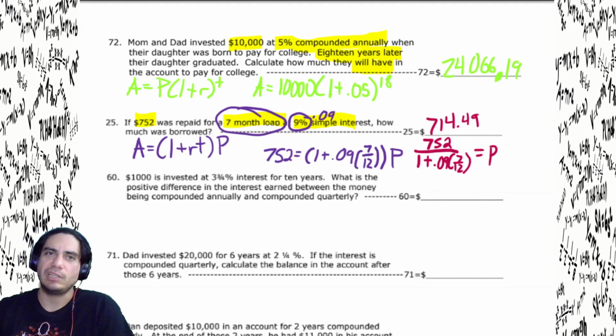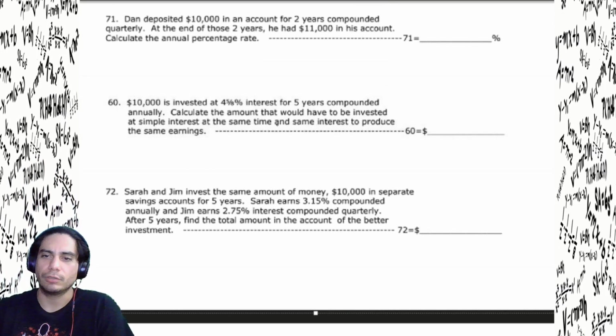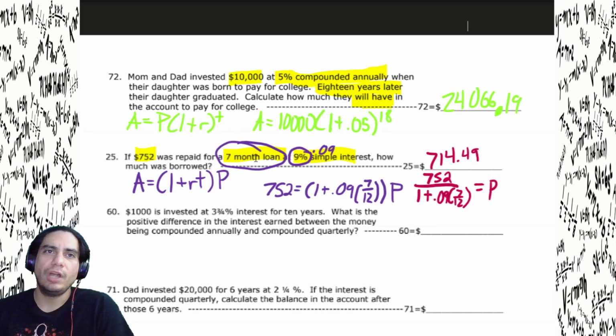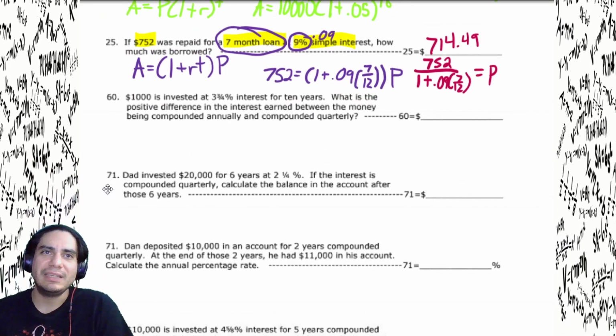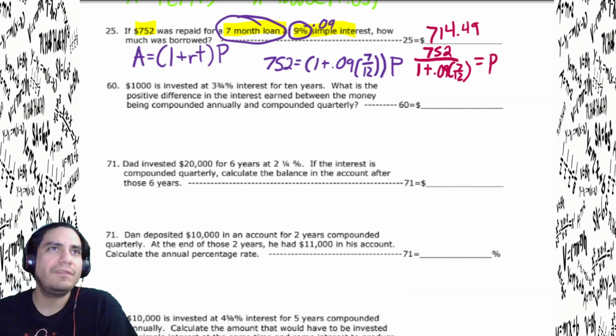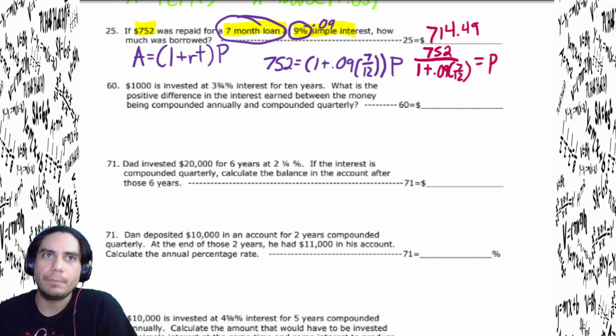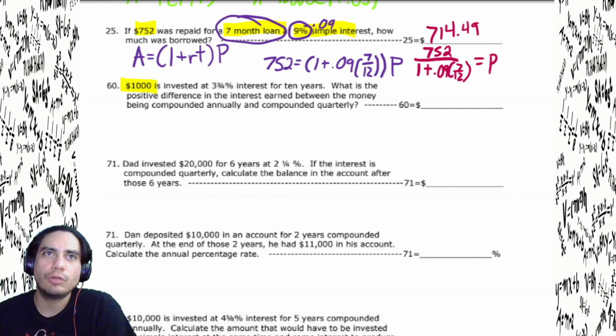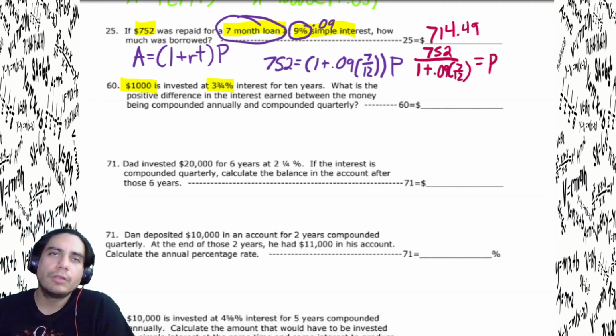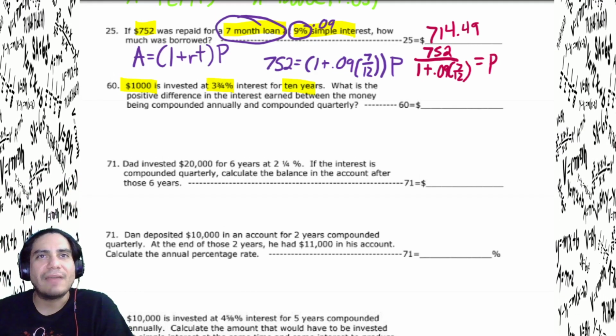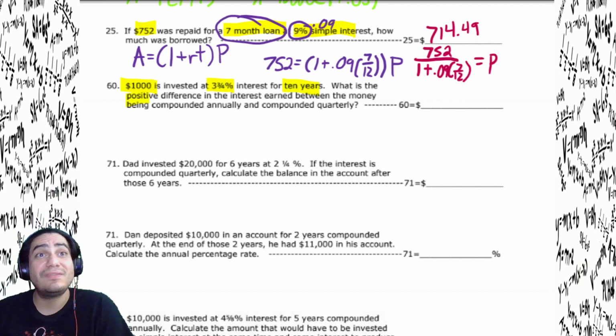Okay, let's take a look at this next problem here. So we got ourselves $1,000, and we got this invested at 3 3/4%. We got $1,000. We invested at 3 3/4, or 3.75, hopefully you're thinking about it like that, for 10 years. What is the positive difference